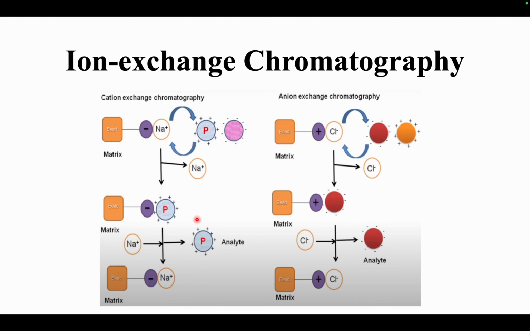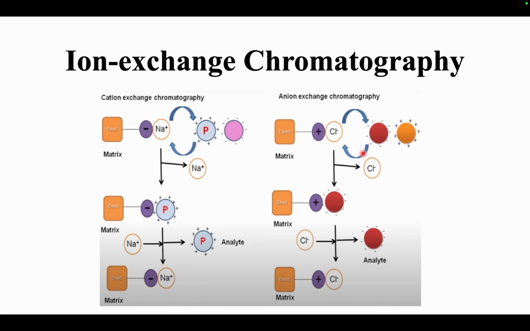So this is the basis of ion exchange chromatography. Similarly, in an anion exchange, we will have a positively charged stationary phase, and here we will use a different buffer. Okay, we will use a chloride ion buffer. So this chloride ion will get bound to the stationary phase, and when we add the crude protein,